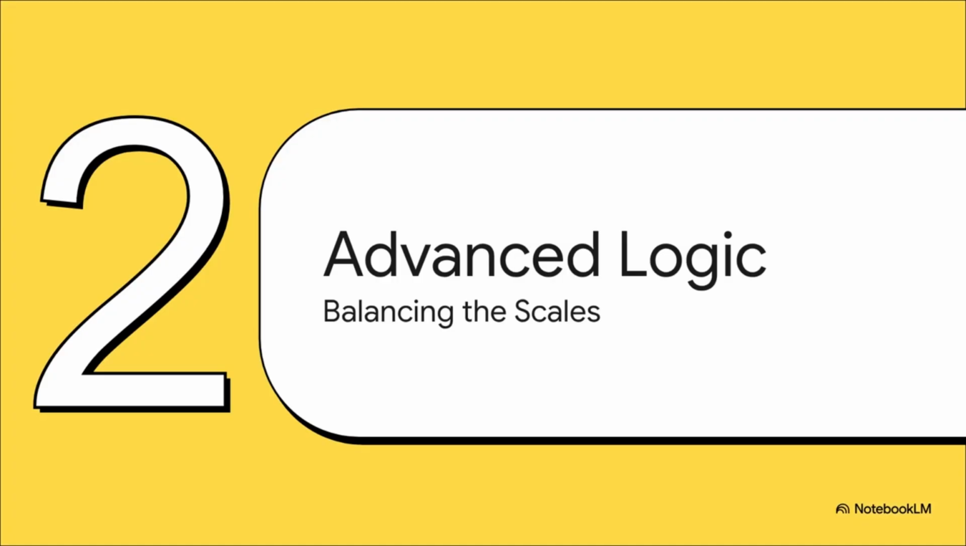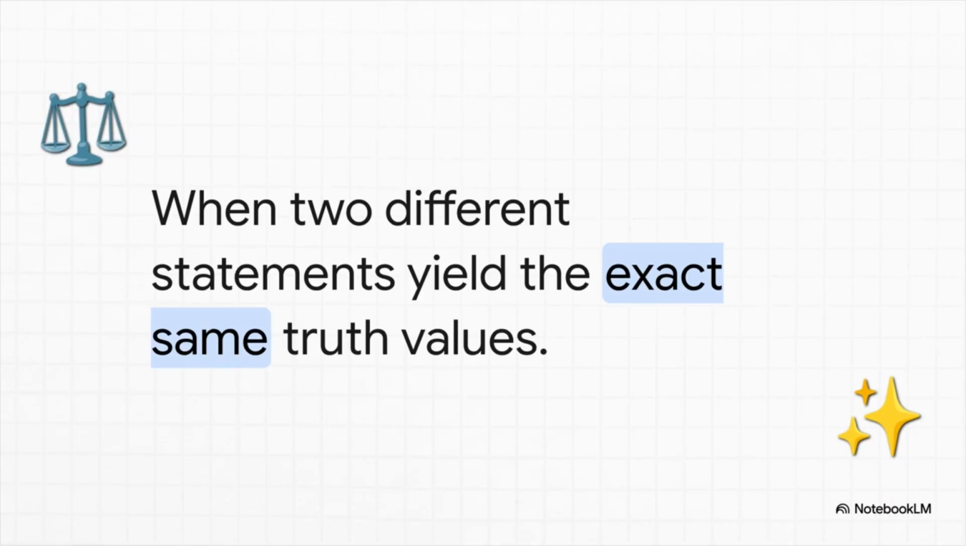Let's move on and see how this builds in Section 2, Advanced Logical Concepts. This is where we start balancing the scales of logic. A massive concept in your syllabus is logic equivalence. This happens when two completely different logical statements somehow yield the exact same truth values in their final column on a truth table. Visually, I want you to picture this exactly like finding two completely different mathematical equations that balance